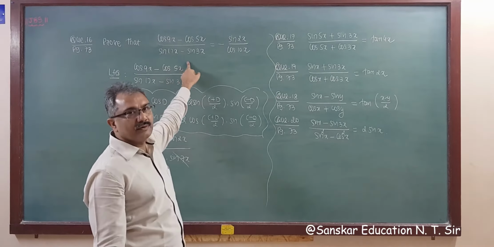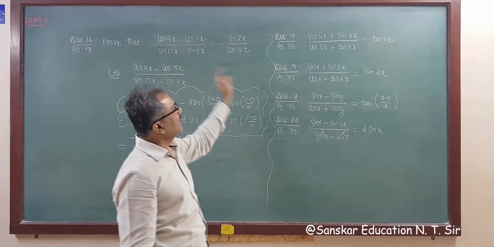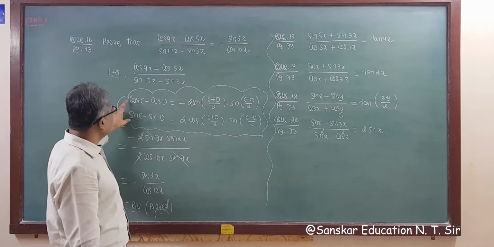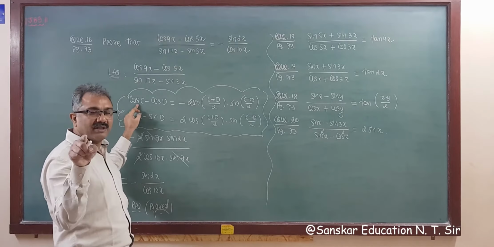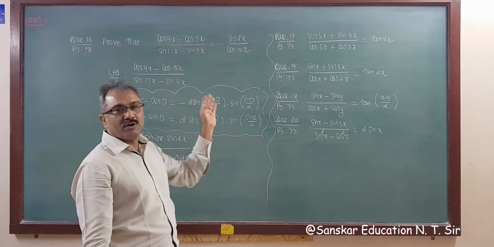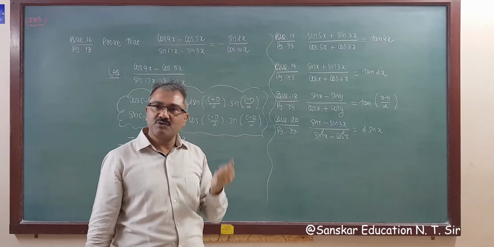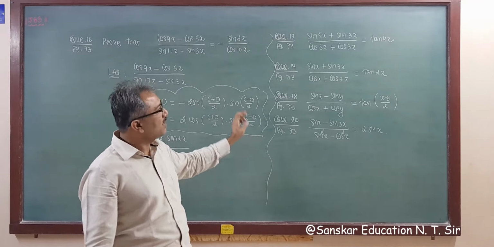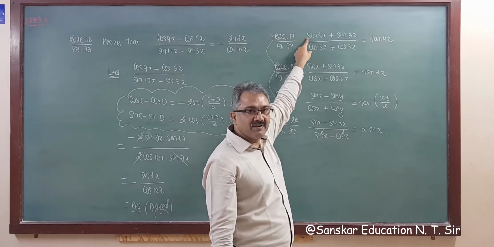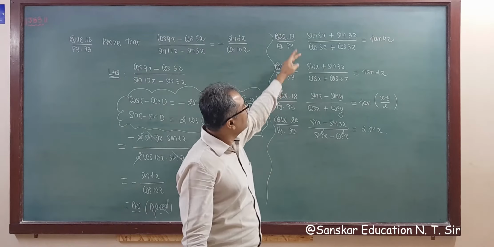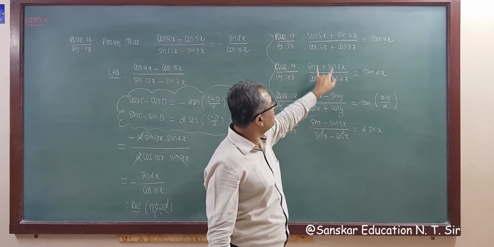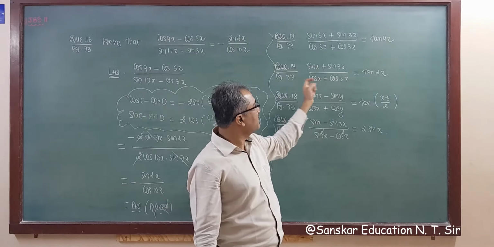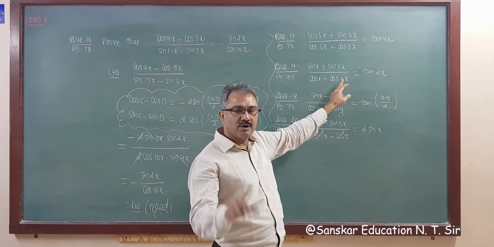Next question is question number 17. It is very similar to this. You have to apply only formulas: sin C plus sin D and cos C plus cos D, and also sin C minus sin D and cos C minus cos D. So another two formulas that you know: cos C plus cos D is 2 cos (C plus D) by 2 into cos (C minus D) by 2, and sin C plus sin D is 2 sin cos, that you know. Apply both formulas and you can simplify. But remember one thing, keep the larger angle first. The same formula is applicable, no problem at all.